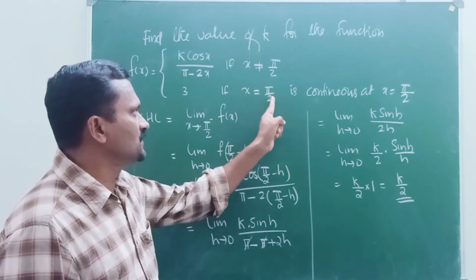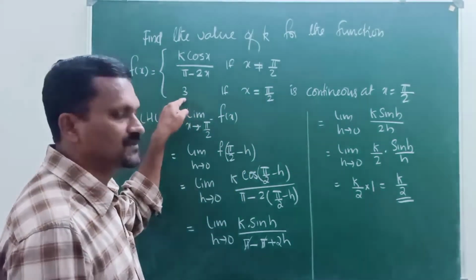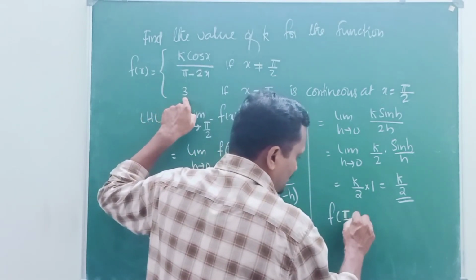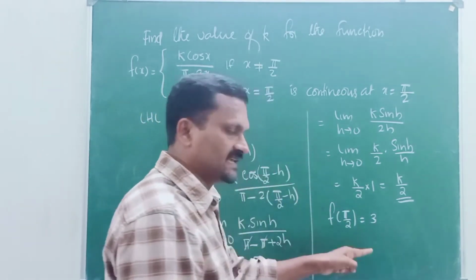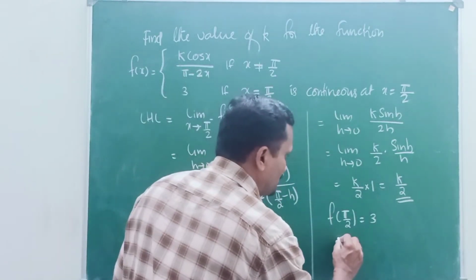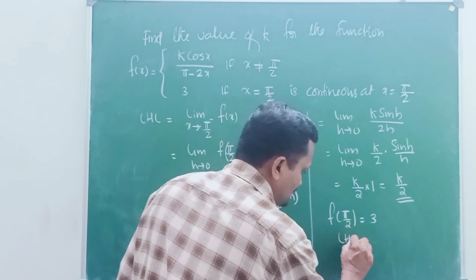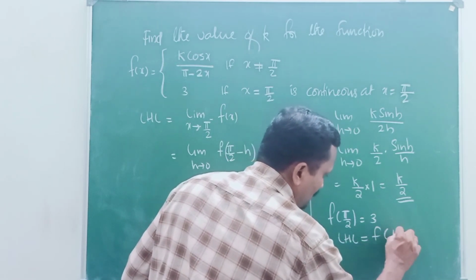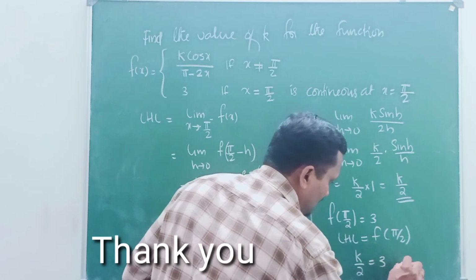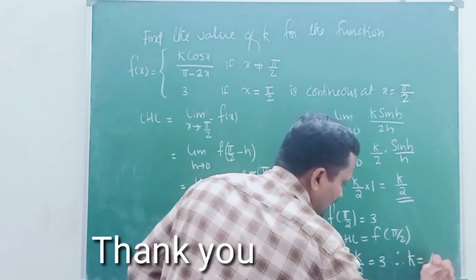What is the value when x is equal to pi by 2? The function is 3, that is f of pi by 2 equal to 3. Since it is continuous, LHL equal to f of pi by 2, that is k by 2 equal to 3. Therefore, k equal to